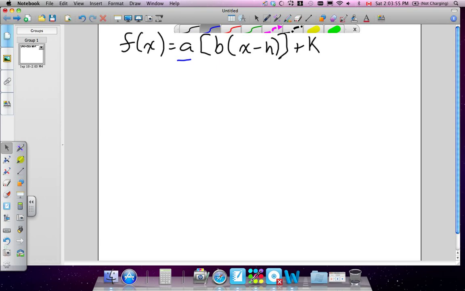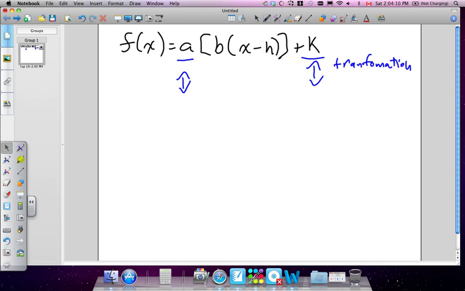So A and K always deal with up and down. K deals with moving the whole thing, so it's a transformation, up or down. And A deals with stretches. Stretches up and down. So this is stretching up and down, this is transformations up and down,